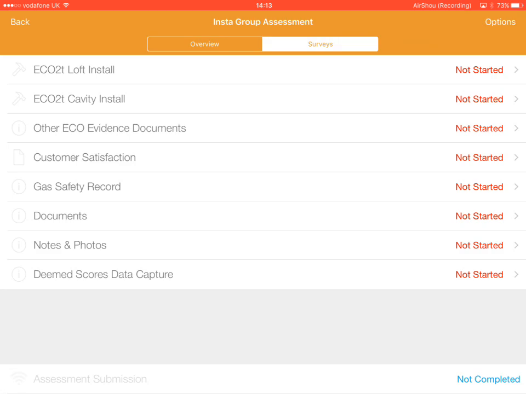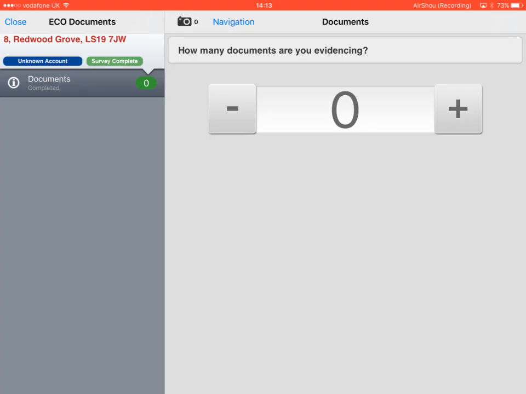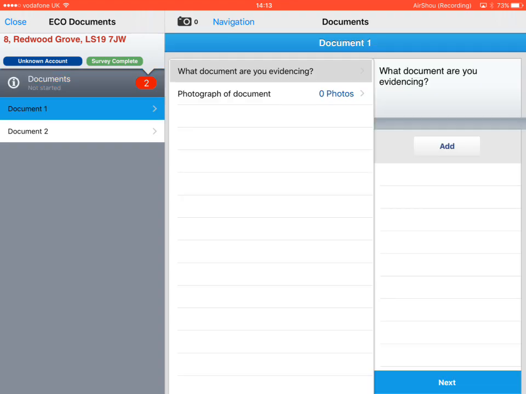So if you go and click on other eco evidence documents, you'll then be presented with this screen. So for the cavity wall, you're going to take 2 lots of photographs, one for your mid and one for your post install photographs. So select 2 there, go ahead and press on document 1, and it asks you what documents you're evidencing. On the sheet that we've given you to send to site, you've got the codes that are associated with mid and post install photographs. So go ahead and click on add,